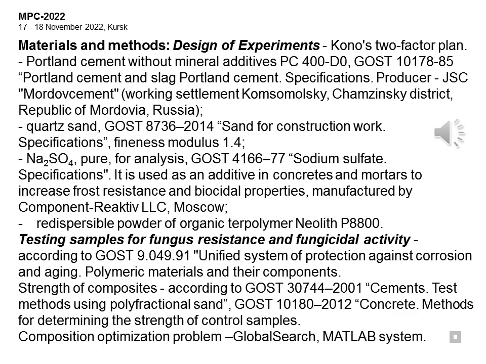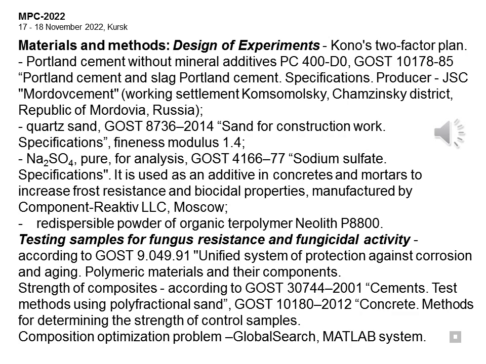The slide shows a list of materials and research methods used. For planning experiments on the manufacture of cement composites, a 2-factor Kono plan was adopted. The following components were used to make a composite: Portland cement without mineral additives, quartz sand, sodium sulfate, dispersible powder. Fungi resistance and fungicidal activity were determined according to GOST 9.049-91,